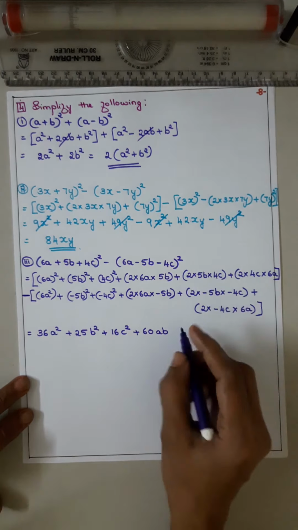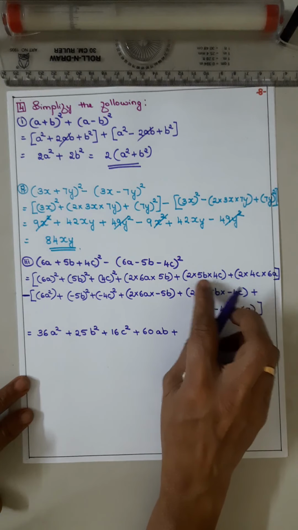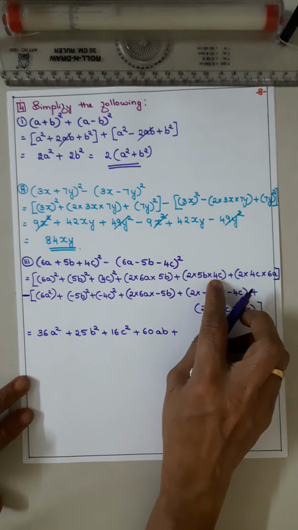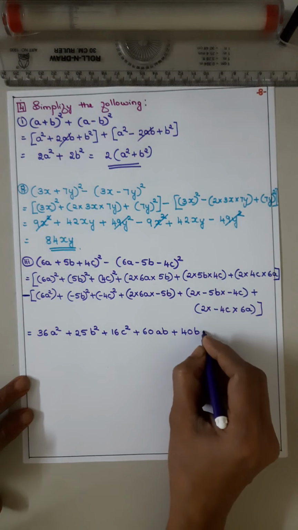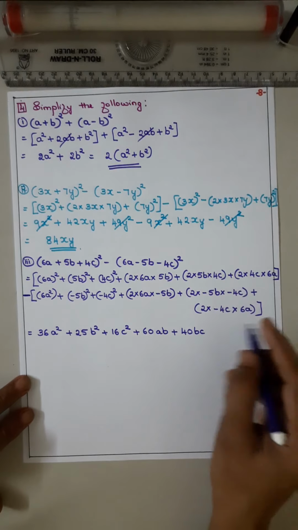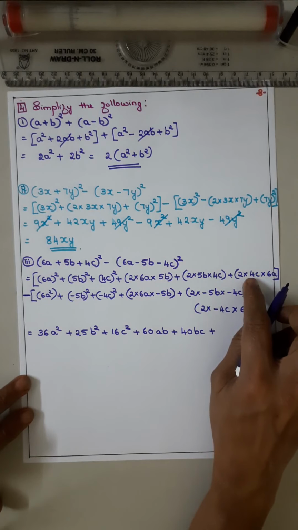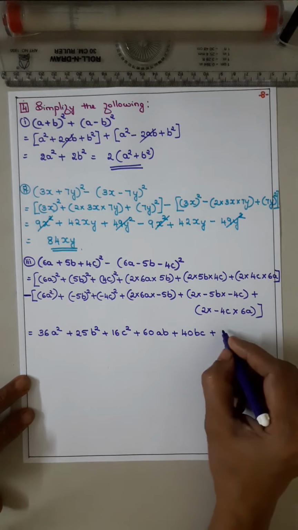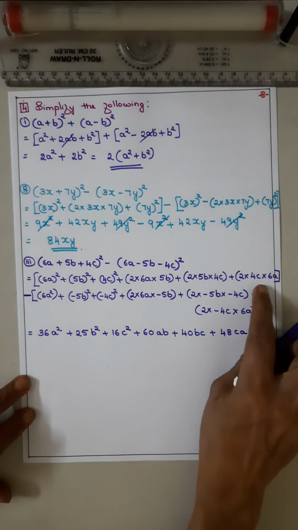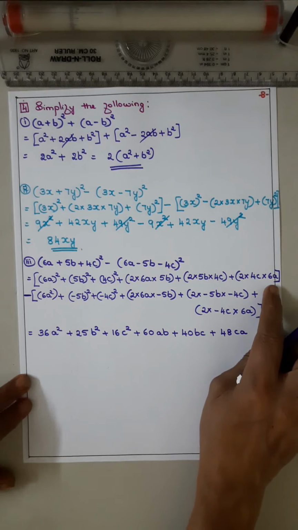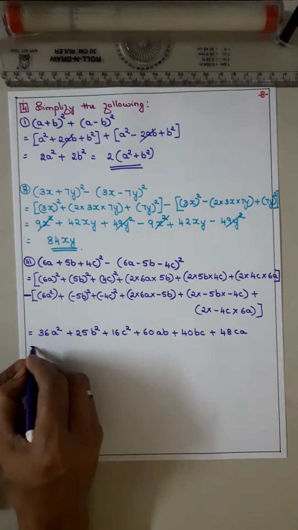Now this is plus 2 5s are 10, 10 4s are 40bc. Now again it is plus 2 4s are 8, 8 6s are 48ca or ac, isn't it? Okay. Now minus